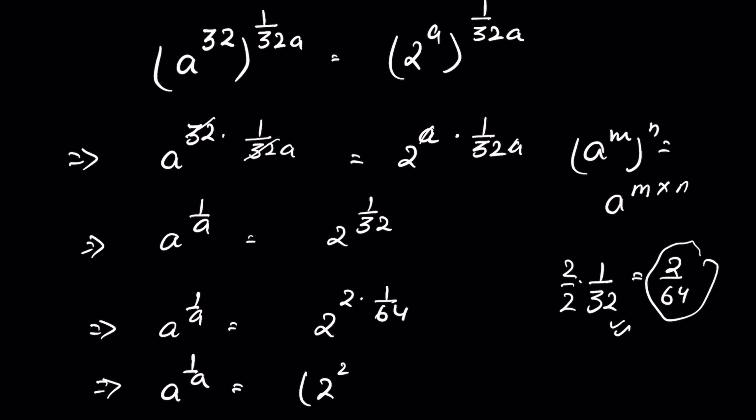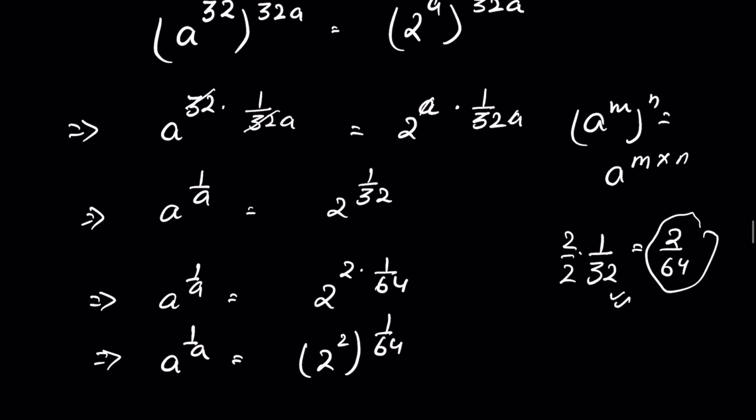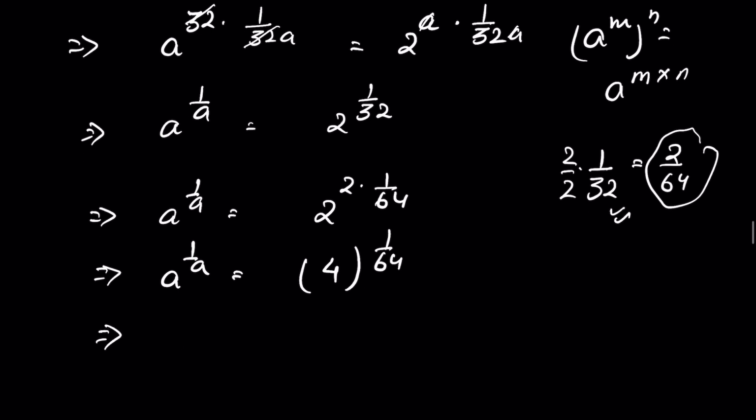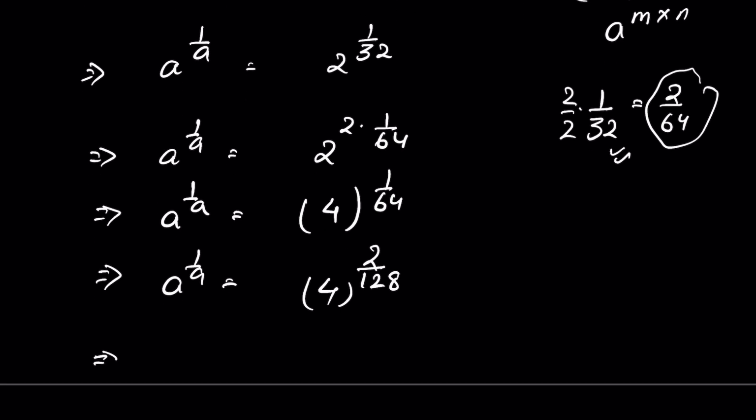whole to the power 1 upon 64. Now 2 to the power 2 is 4, so we can write 4 here, and 1 upon 64 we can write it as 2 to the power 1 upon 128, equivalent to 1 upon 64. Again a to the power 1 upon a, this we can write 4 to the power 2 raised to the power of 1 upon 128,